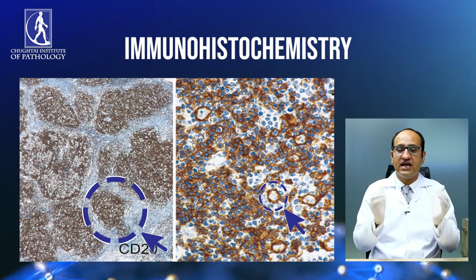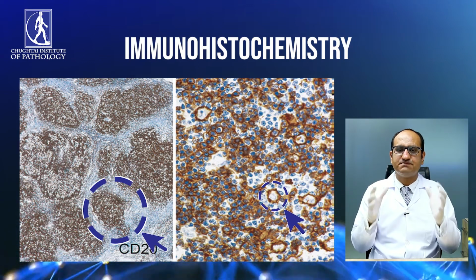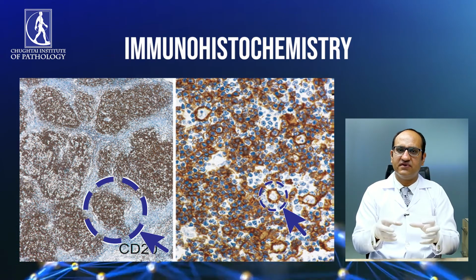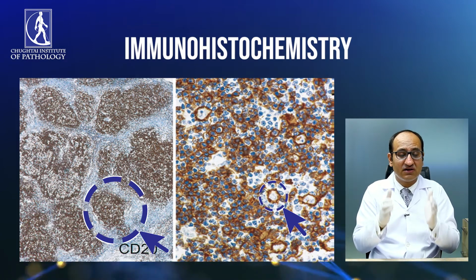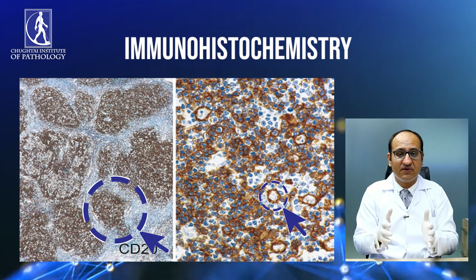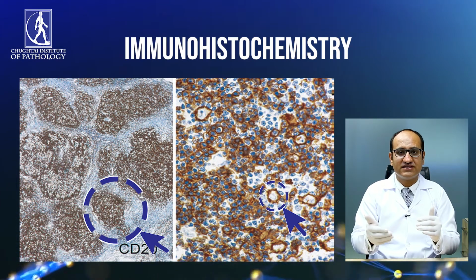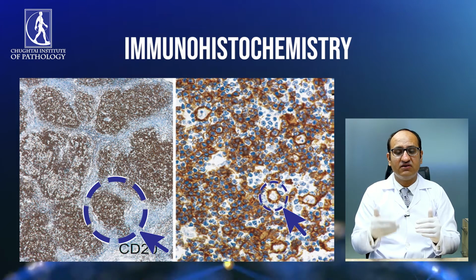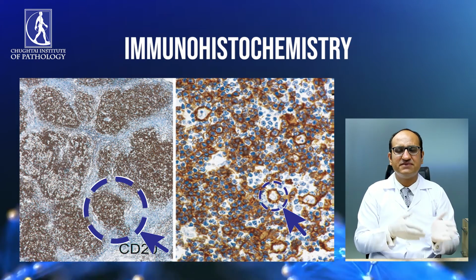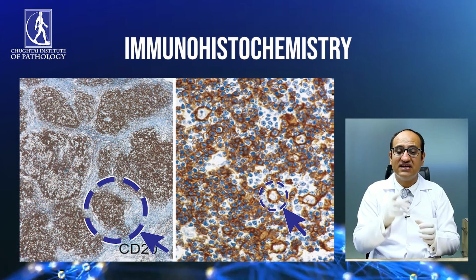Hodgkin lymphoma. When you perform immunohistochemical stains for diagnosing lymphocyte predominant Hodgkin lymphoma, CD20 is a pan B cell marker which is performed on this slide. You can see it highlights almost all the cells present in the nodule of the lymph node. It means nodal lymphocyte predominant Hodgkin lymphoma is a lymphoma which has B cell nodules, and on high power you can see the CD20 IHC stain not only highlighting the small lymphoid cells in the background, but also the large cells.